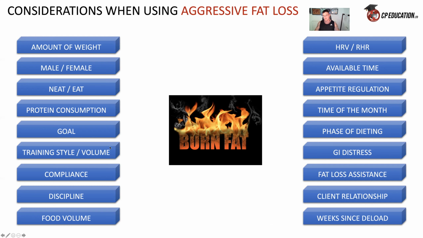What is their current appetite regulation like? If you have got someone who is reporting that they feel quite hungry on their metrics, don't go for an aggressive fat loss approach. The time of the month, again, you want to avoid any types of aggressive fat loss approaches with female physiology, because they do need to consume a tiny little bit more energy to deal with the stress of